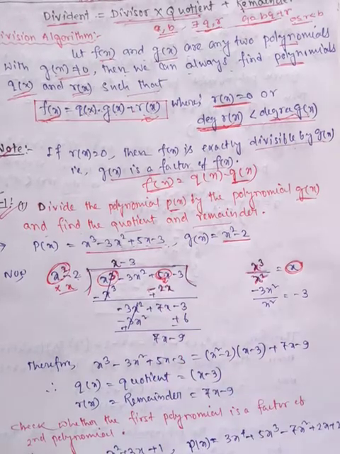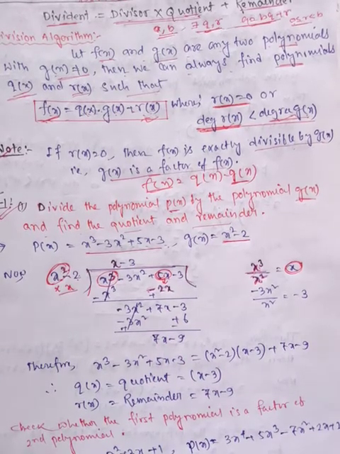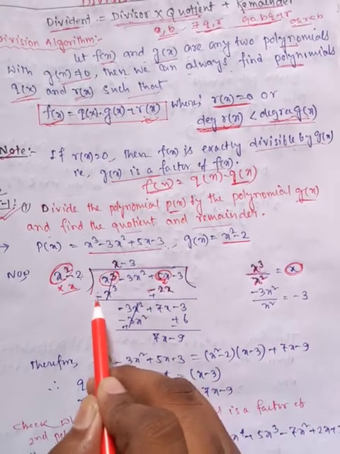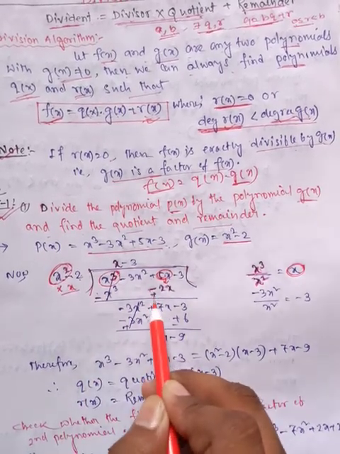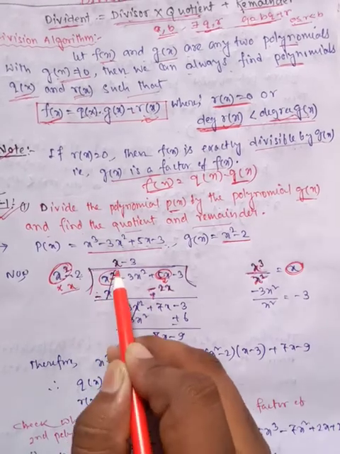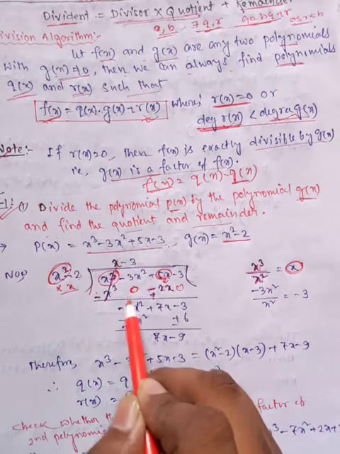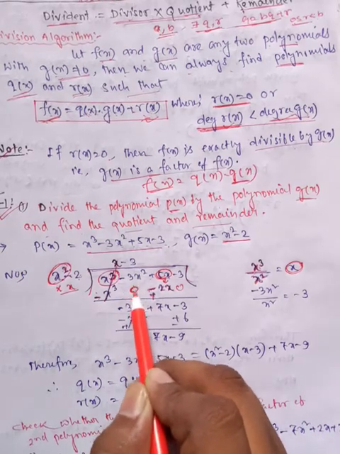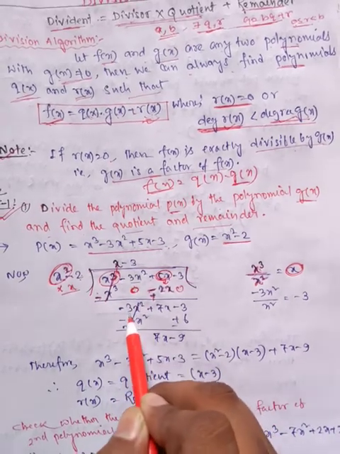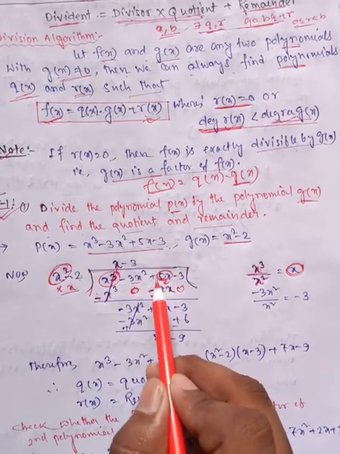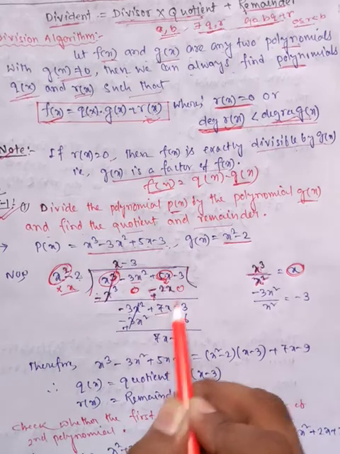Now you know you have to subtract this polynomial from the above polynomial. So here it was plus sign, so it becomes minus; it is minus sign, so it becomes plus. Now x cube minus x cube cancels out. Then here there is no term, that means these are 0 actually. So after subtracting, it will be minus 3x square, and 5x plus 2x, so it is 7x, and it is minus 3.